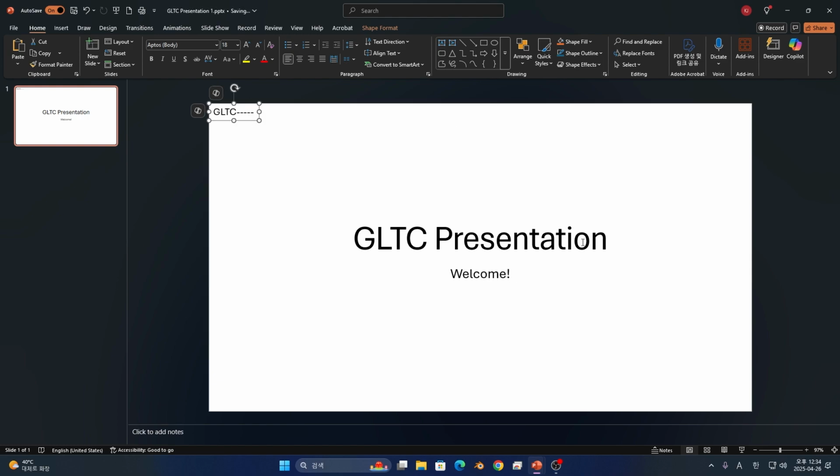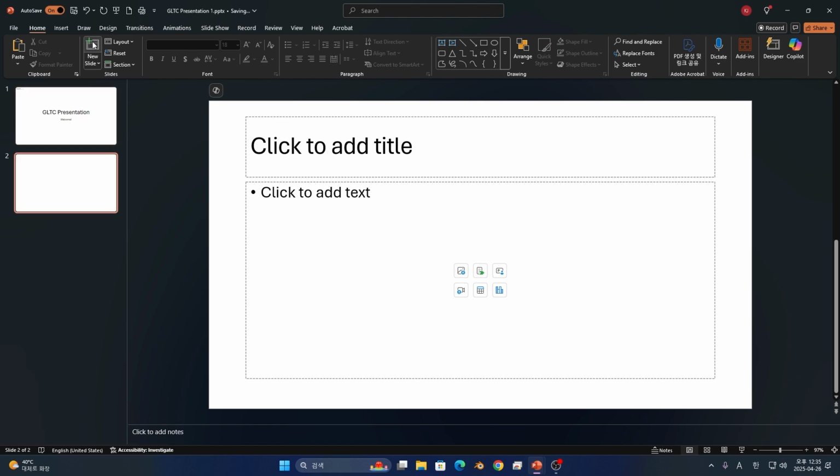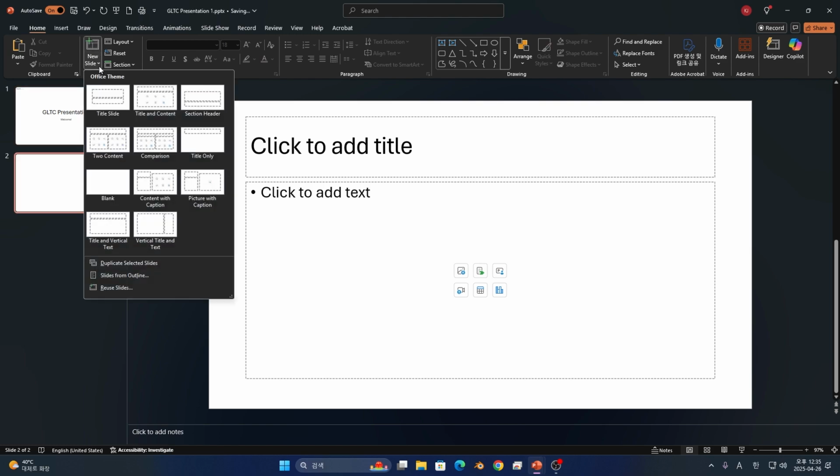And now we've created our first slide and I really want to create a new slide. To add a new slide, go to Home and click on New Slide. You can click this New Slide to add just the next slide and press this drop-down arrow to add different types of slides, such as